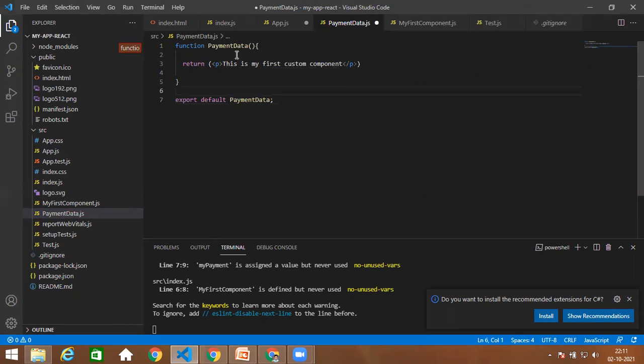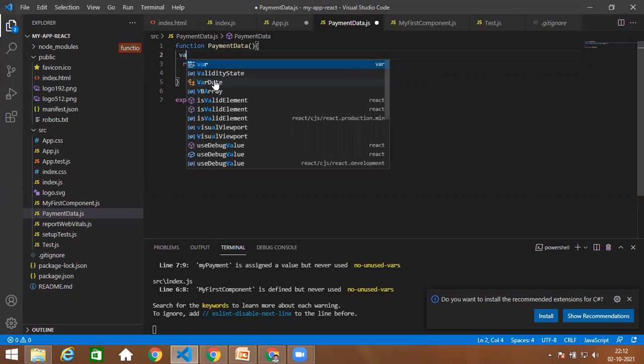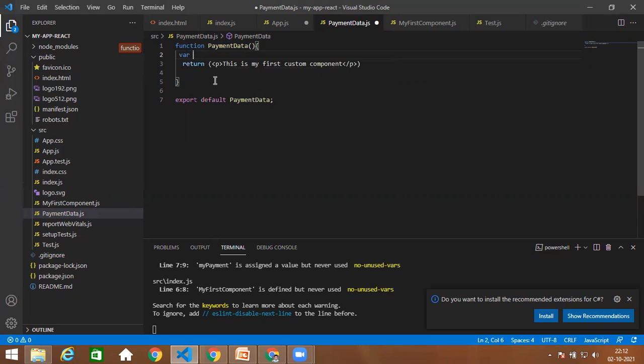Okay. So in this component, not only can we return HTML code. So here I am just returning HTML code from this function. So whenever I am calling this function it will return you HTML code, right? Not only HTML code, your component can contain your CSS code and also JavaScript code. Here I can even write JavaScript code, for example. I'll just create my variable something. So I can just create my own variables. So this is JavaScript code.